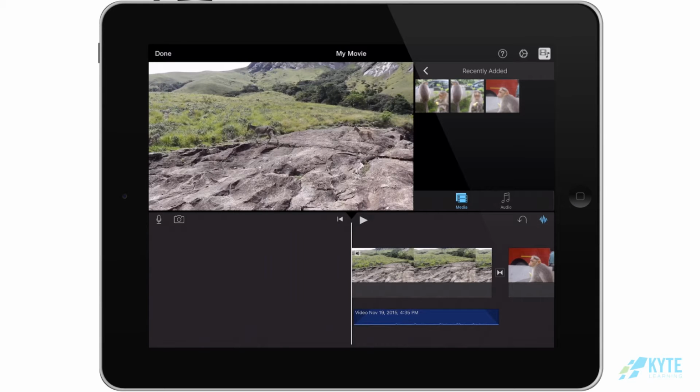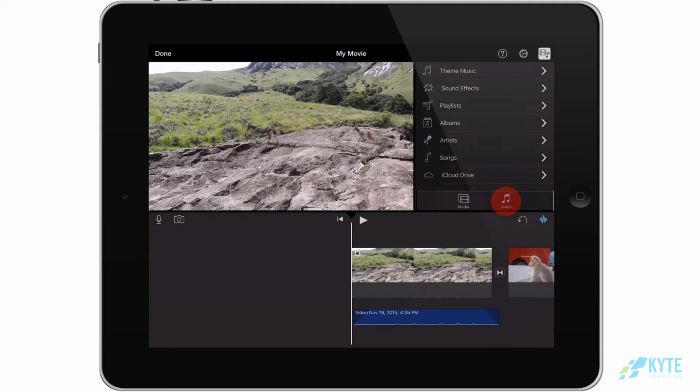If you want to add music or sound effects to your project, you have to hit the Audio tab. Once you hit the Audio tab, you'll see that there are other choices that you can choose from. Theme music is music that comes with the iOS device that Apple provides for free. Apple also provides some sound effects that you can use. The lists remaining below are songs that you can purchase through iTunes that you can add to your project as